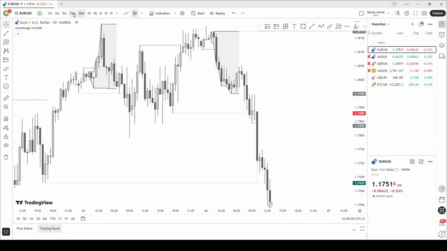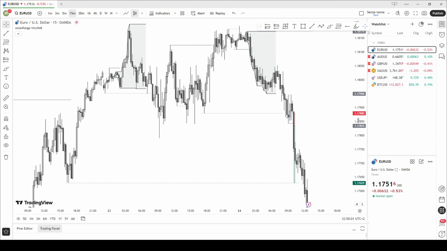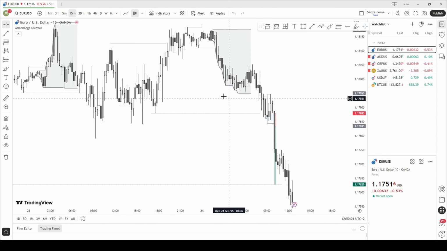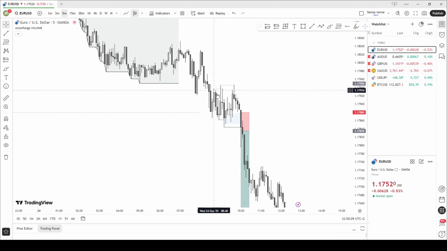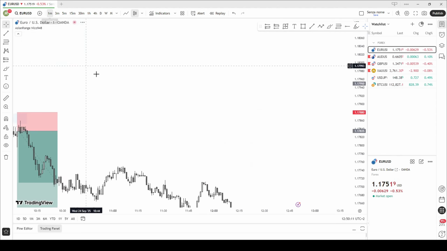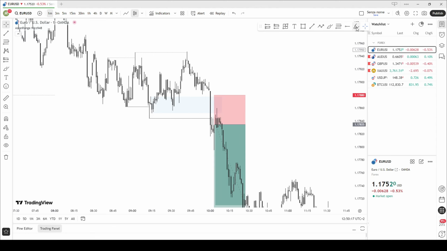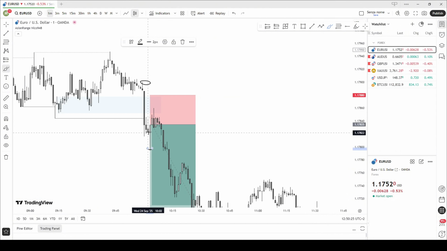So because we are aiming here, we need to find some short opportunity. Here we had the strong high, sorry, on the 5 minute, and to validate this range, in this case a second range, which we had from here to here. And as liquidity, in this case we have these equals, because the price induced people to buy here, liquidated them, induced people to sell here, liquidated them, and then I entered here